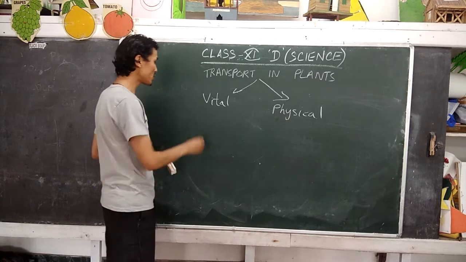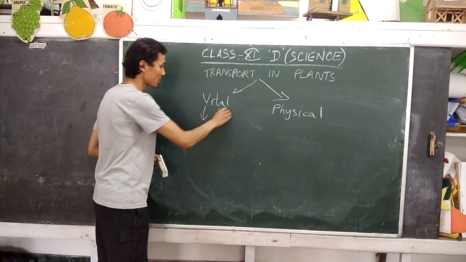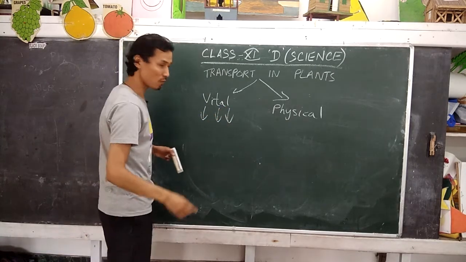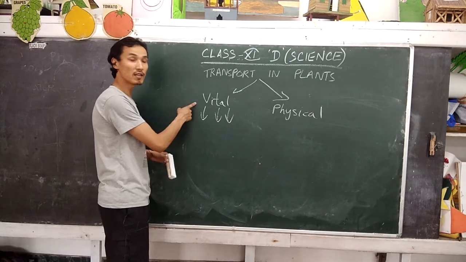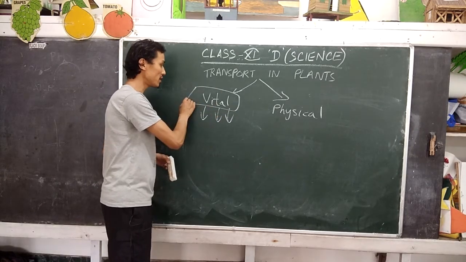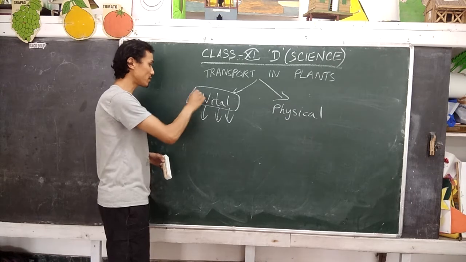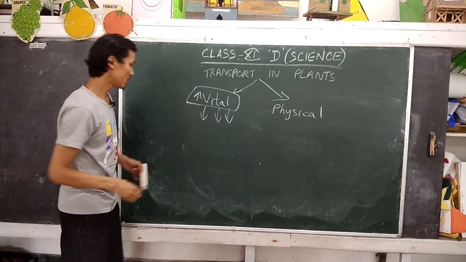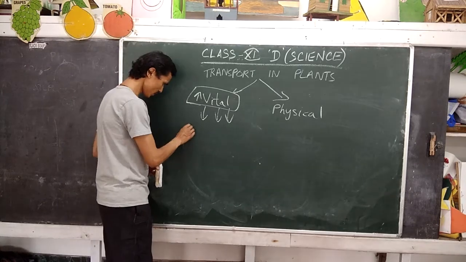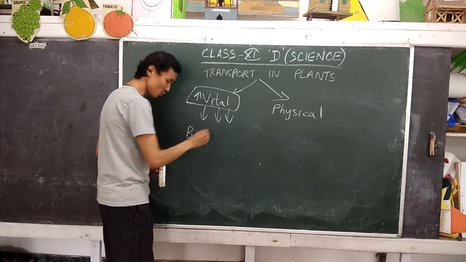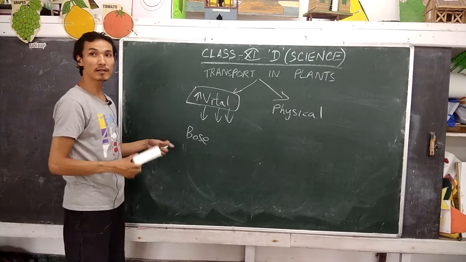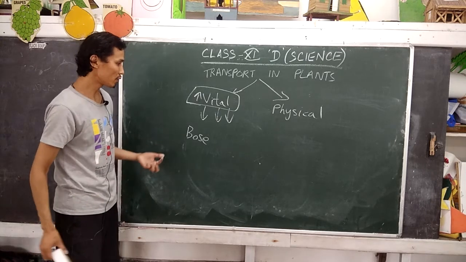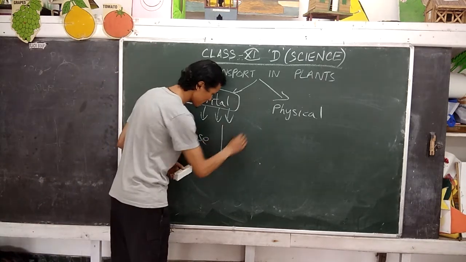Vital force theories state that the movement or absorption of water is due to the activities of the living cells present in the plant, hence the name vital. Many scientists have provided proofs for vital theories. The first one is Bose. Bose conducted a simple experiment in which he showed that